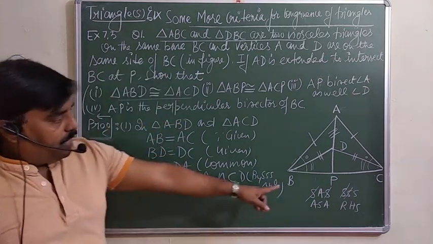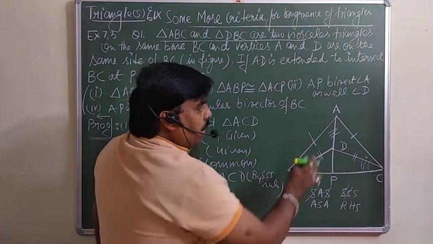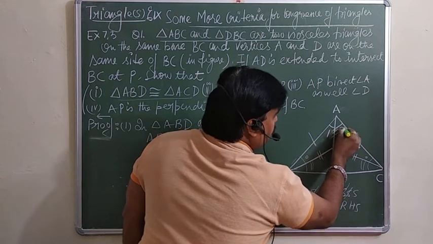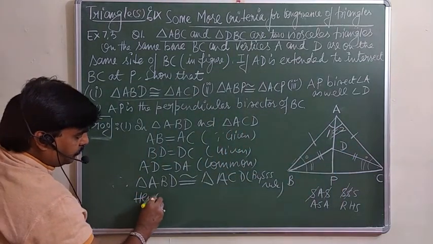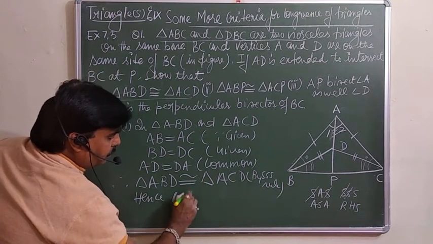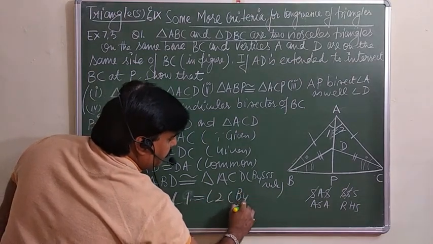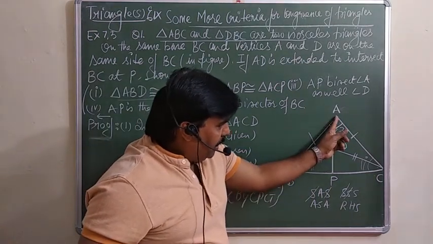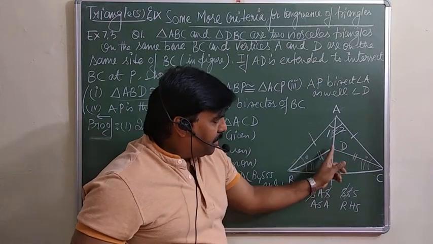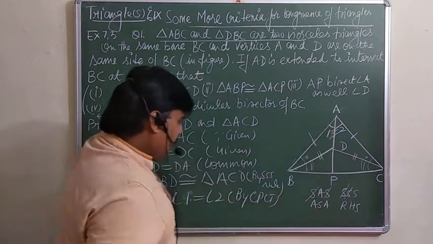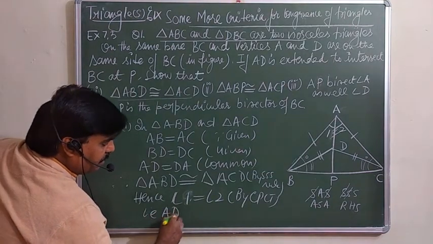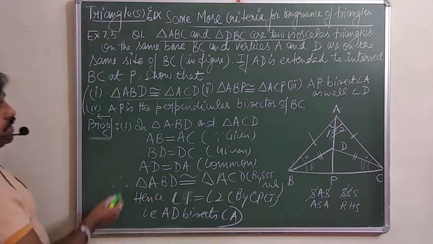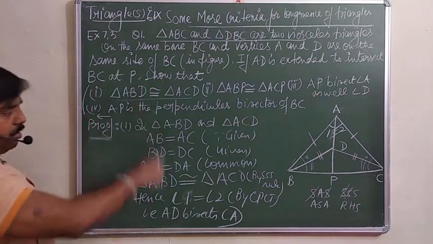So by the triple S rule, we are saying both the triangles are congruent. And once these two triangles are congruent, then you can say angle 1 will be equal to angle 2 by CPCT. If angle 1 is equal to angle 2, then in triangle ABD or ACD, AD is the line which is bisecting angle A, that is, AD bisects angle A. This is also needed, because later on we require this one. Now have a look.